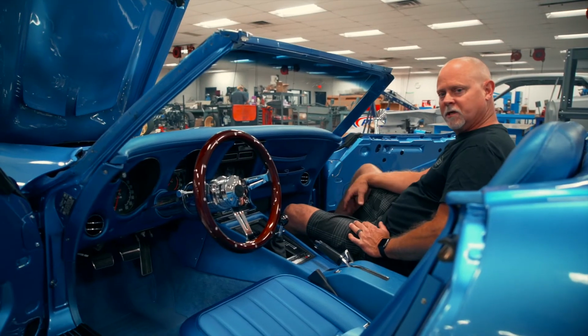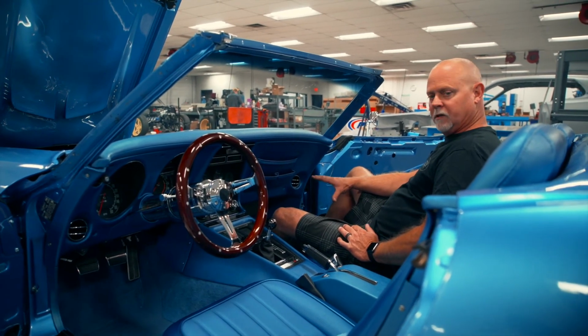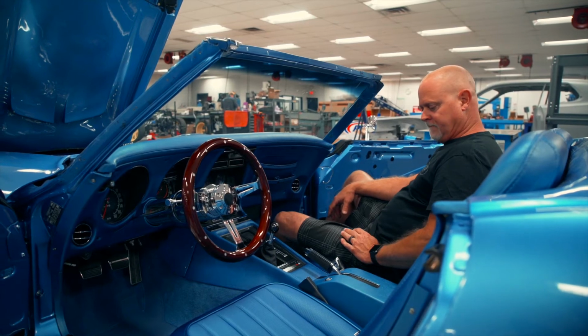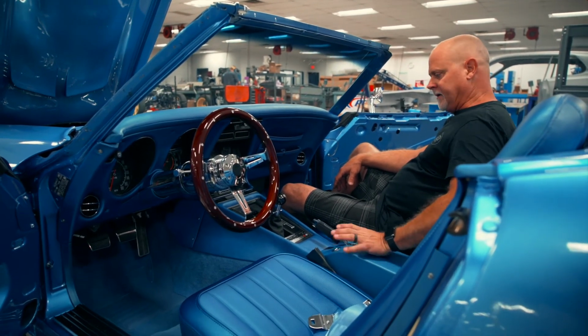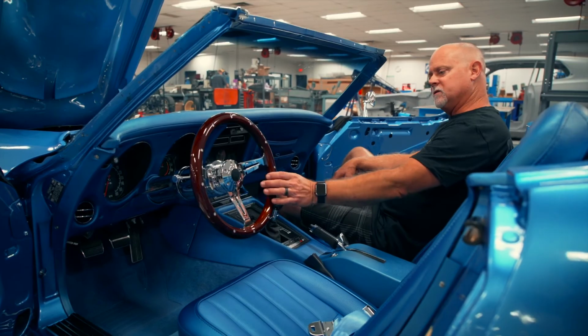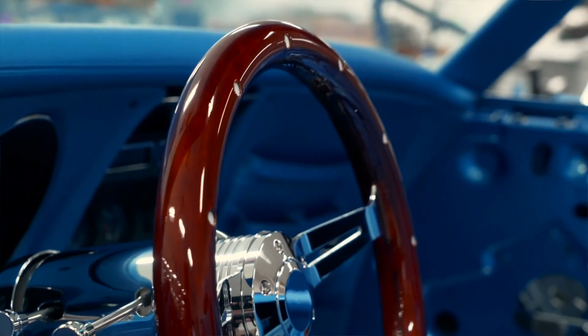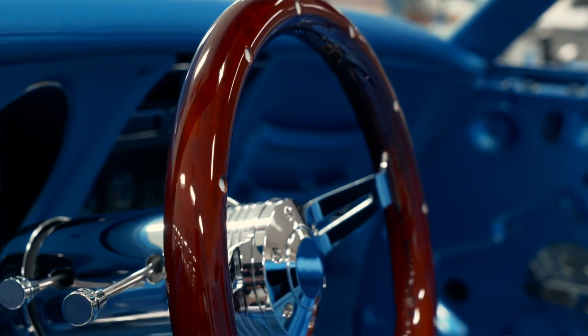I've mentioned the vintage air before. It tucks up really nice. It's very difficult to see it unless you really know what you're looking for. Power windows work great. The customer had requested a wood steering wheel, and he was specific to have rivets in it. This was probably the best one